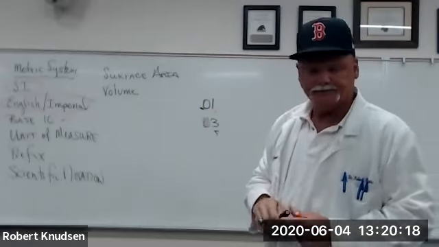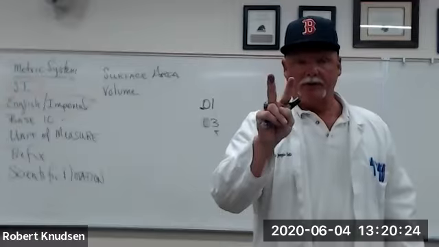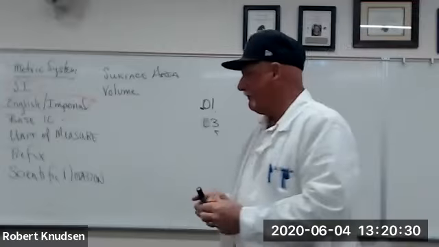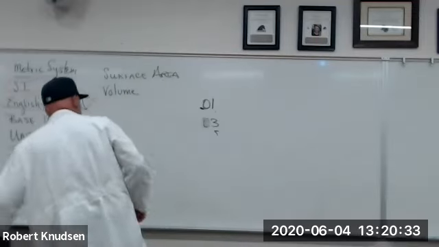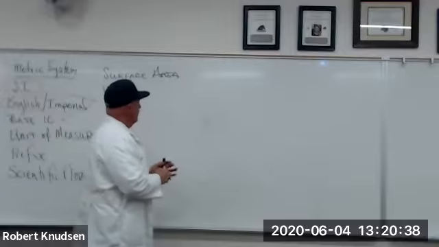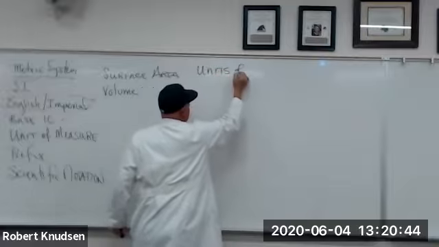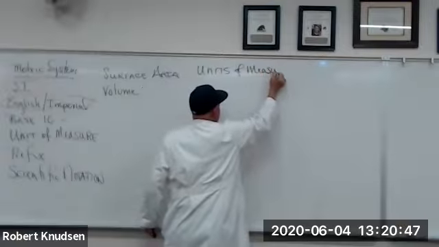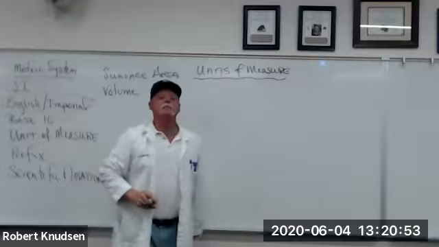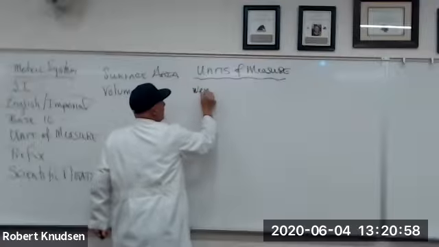Got it? Okay. Now to learn the metric system, we're not going to make conversions. You have to know two things that you have to memorize: units of measure and prefix. We're going to do units of measure first. Okay, here are your units of measure. That's how we measure something in the metric system. If we're going to measure weight,